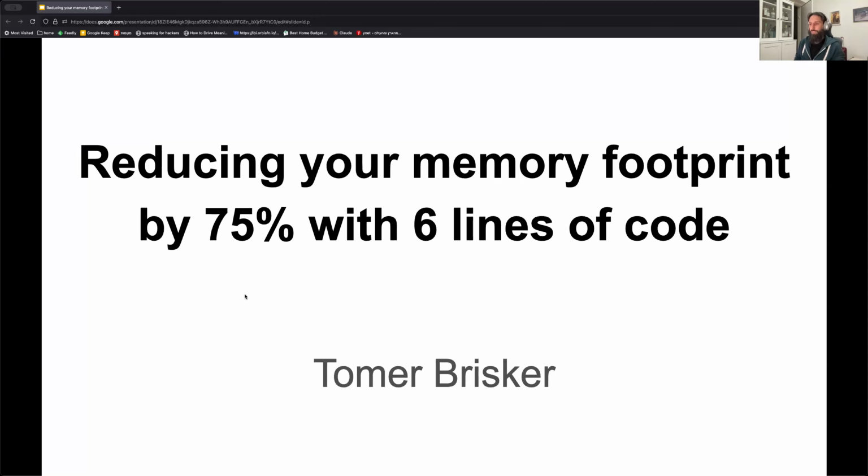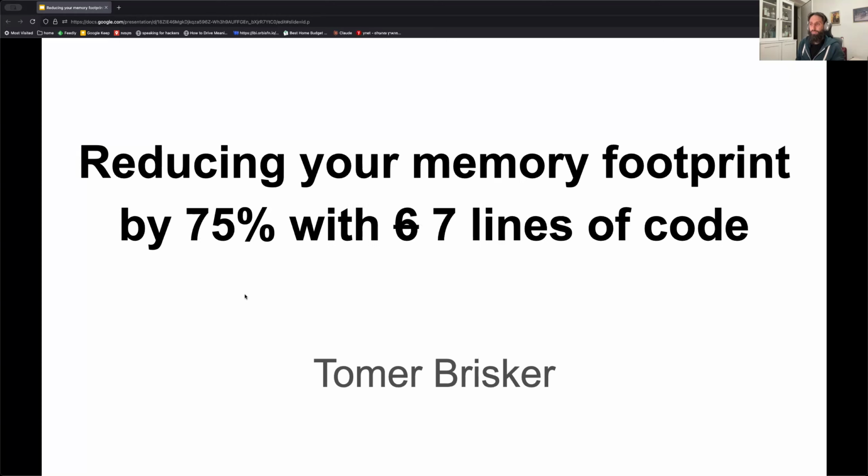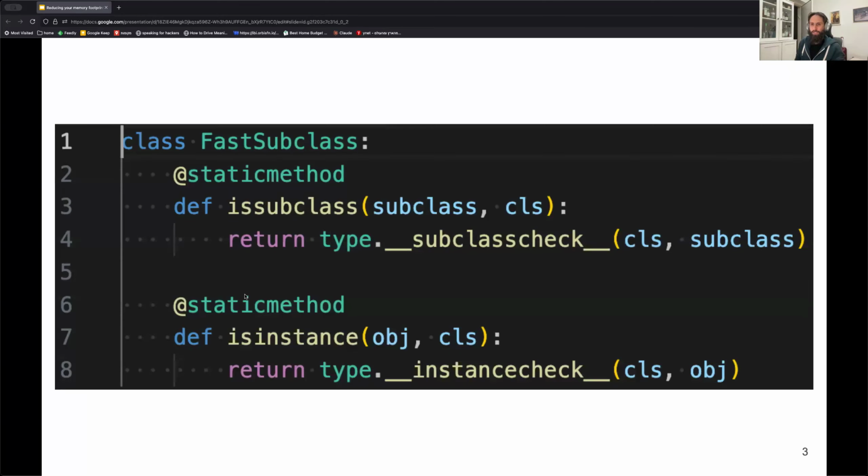Okay. So first of all, I have to make a confession. It wasn't 6 lines of code. It was actually 7 lines of code. And I guess you're all curious what these lines of code were. So here they are. It was 8 lines of code if you count the space in between the functions. And we'll dive into what exactly these lines of code mean a bit later and why these allowed us to